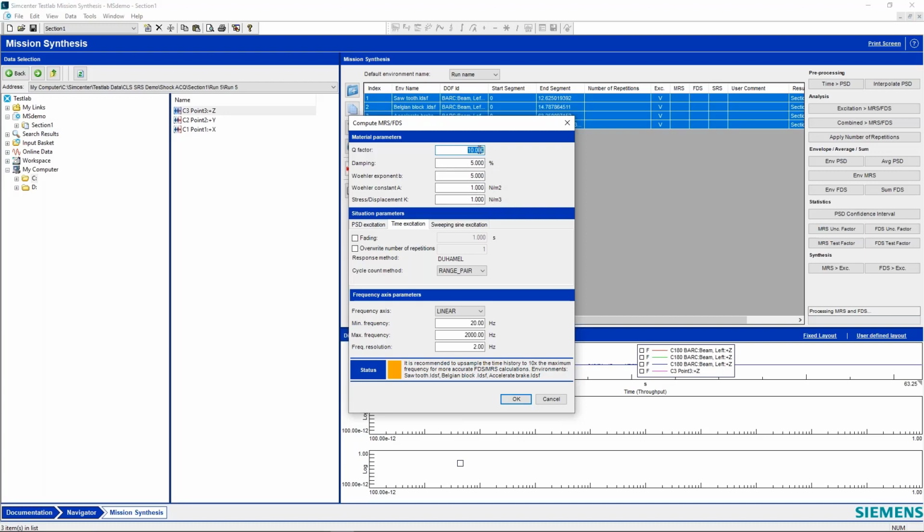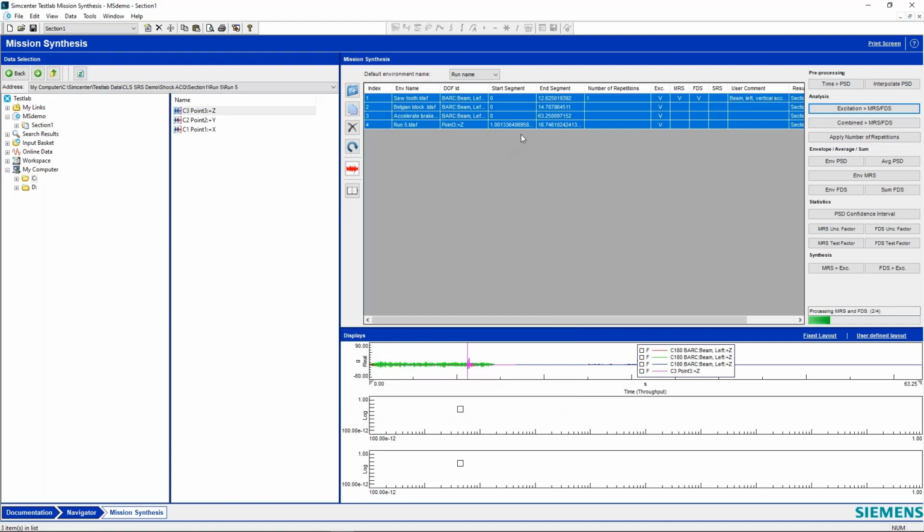By default, we've got our Q factor and damping, which are linked to each other. So if I change damping, it's going to change my Q factor. If I change my Q factor, it's going to change my damping. Yeah, they're like the inverse of each other, huh? They are. It's actually the equivalent is one quantity is equivalent to 1/2 times the other quantity.